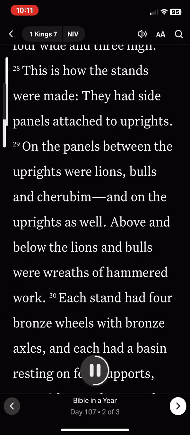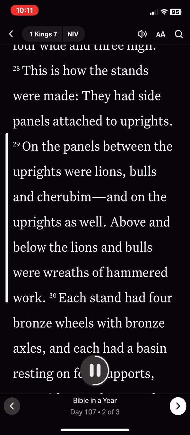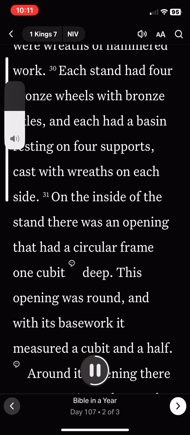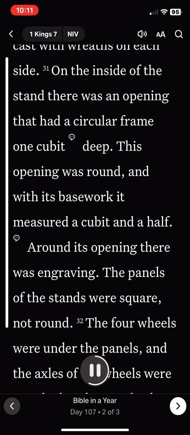This is how the stands were made. They had side panels attached to uprights. On the panels between the uprights were lions, bulls, and cherubim, and on the uprights as well. Above and below the lions and bulls were wreaths of hammered work. Each stand had 4 bronze wheels with bronze axles, and each had a basin resting on 4 supports, cast with wreaths on each side. On the inside of the stand there was an opening that had a circular frame 1